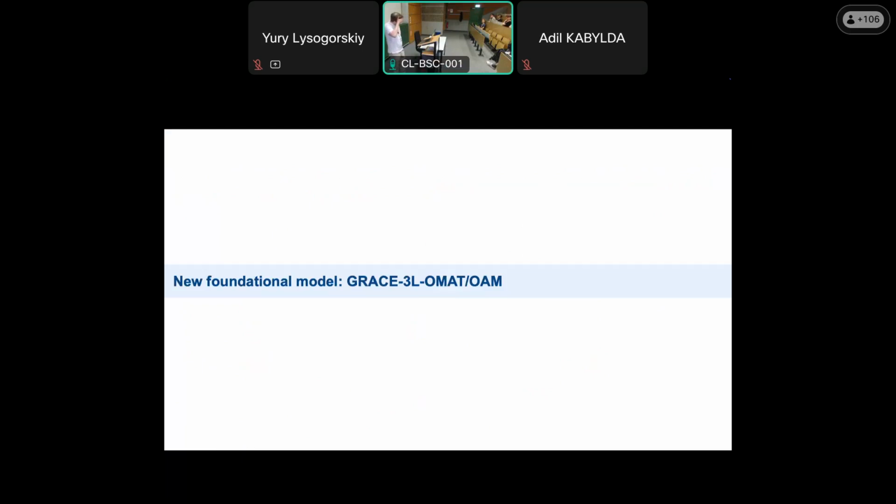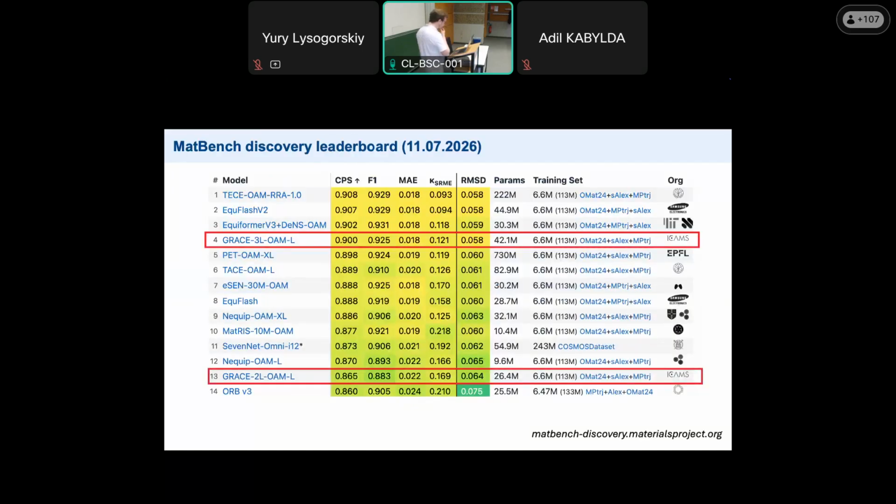Okay, and now the last section is a new foundational model. I mentioned one layer and two layer. Of course, we can go further, like three-layer models that we released last week. There is a MatBench-Discovery project that evaluates these foundational models on different tasks. So it's not only energy and forces MAE and RMSE, it's more dedicated tasks.